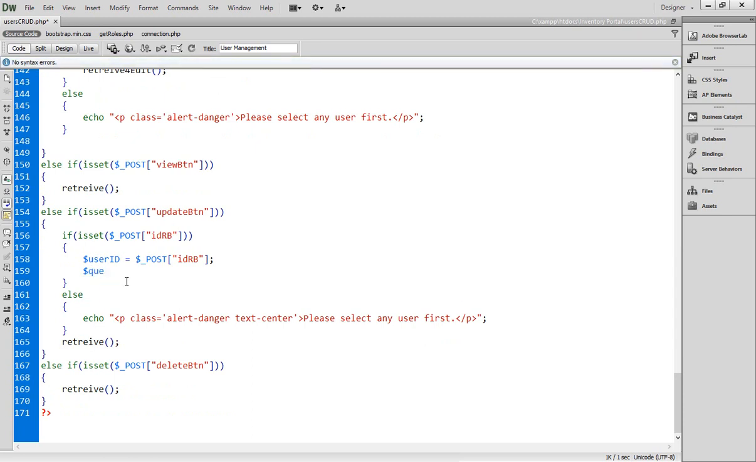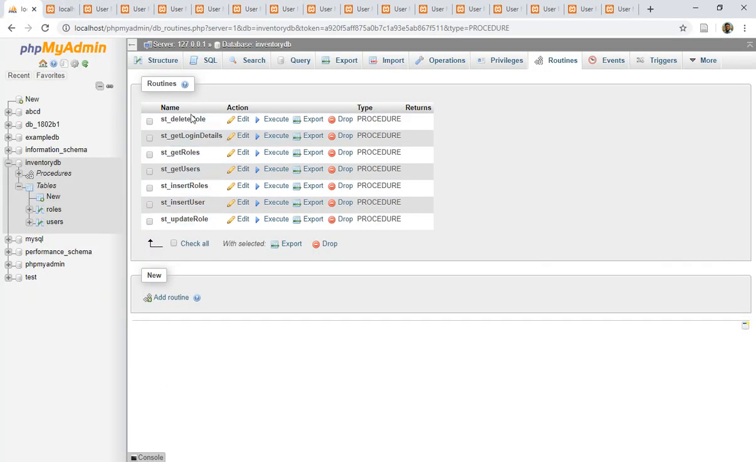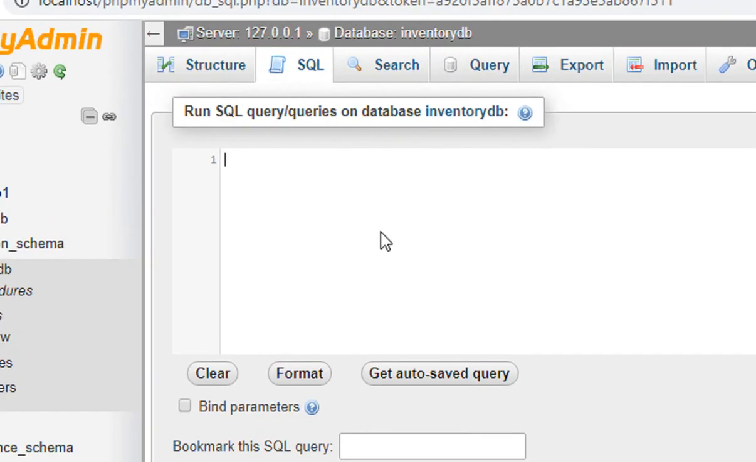So $query is equals to, now do we have the update procedure? Let us check. Come here, go to your procedures and see, update roles we have, but update users is not there. So we have to create a query for update users. Let's create that. Delimiter //, delimiter and semicolon. Come inside,